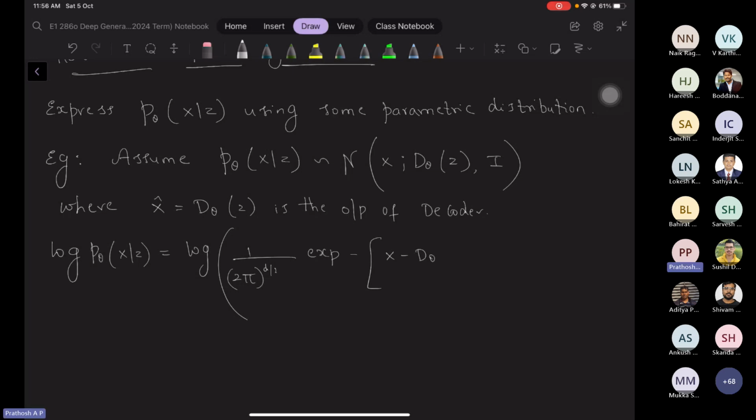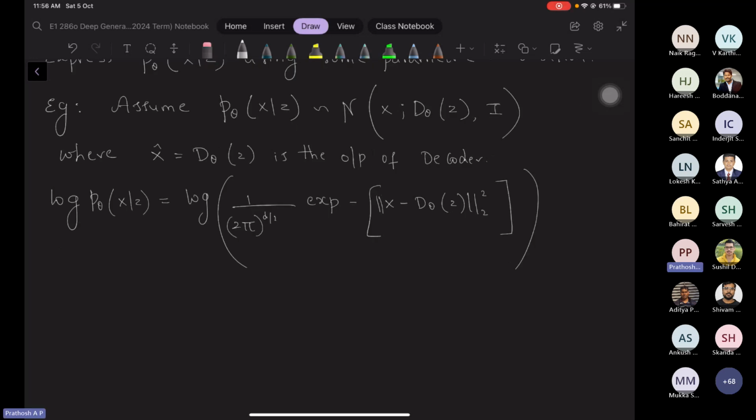The mean is given by d theta of z. The identity matrix is the variance. Now ignoring the constant, 1 by 2 pi, write it as proportional because the other terms are independent. Proportional to log, and e power will go away. This will be x minus